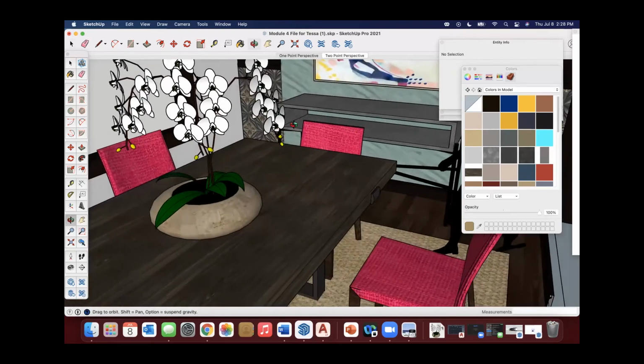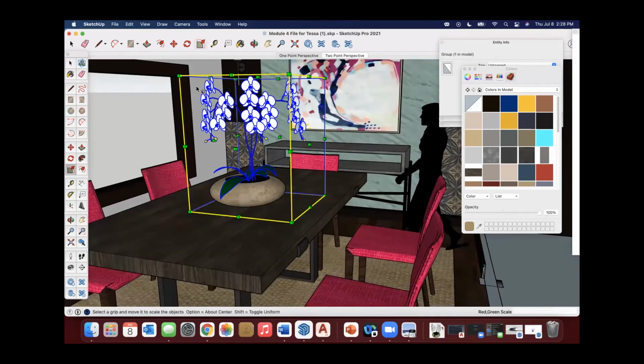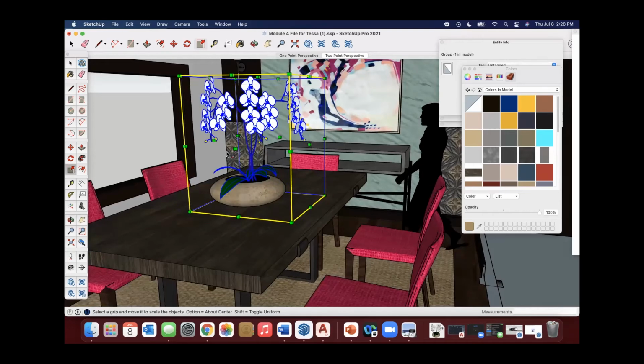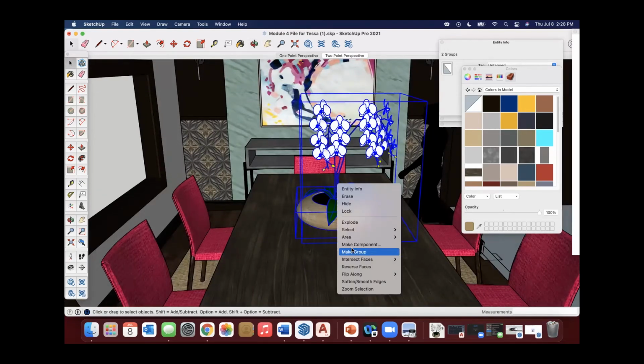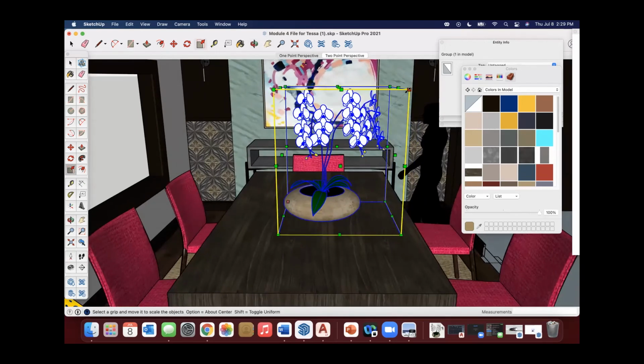And that's the fun part about entourage: you can always take the scale command and just scale it up or scale it down a little bit. You want to make sure you select the whole thing though, and make it a group so that it scales together. Make sure, because we've got this one and this one. Yeah, make group, scale.